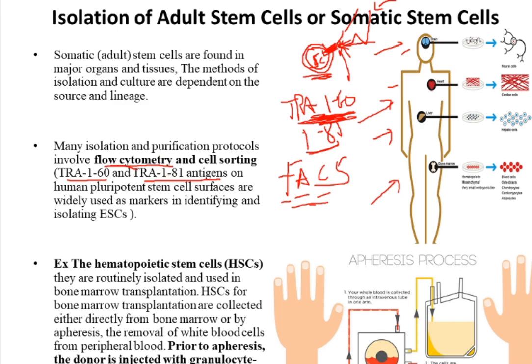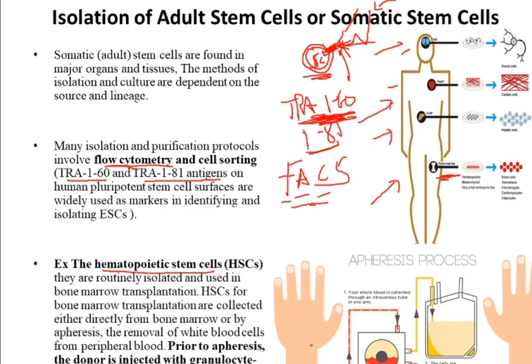Besides this, here the protocol is given for apheresis. The hematopoietic stem cell, because this is a procedure which is frequently done in cancers, blood cancers. So what they did was the isolation of hematopoietic stem cells. The hematopoietic stem cell resides in the bone marrow. So this is the protocol, and this process is called apheresis.